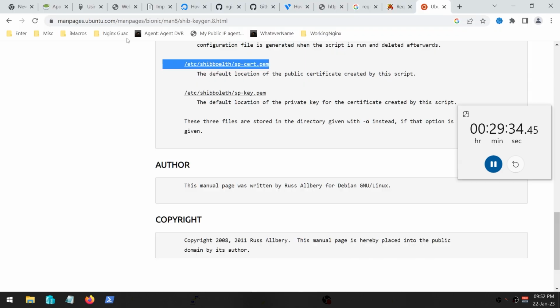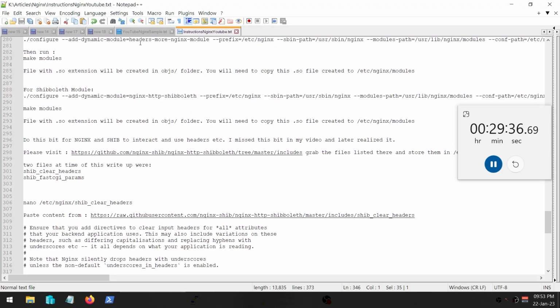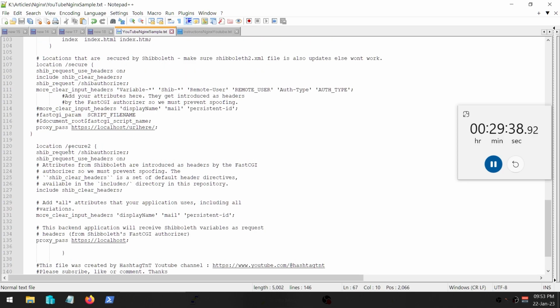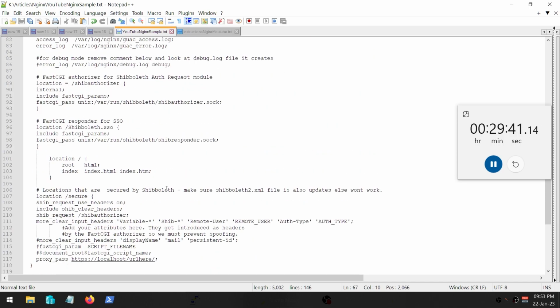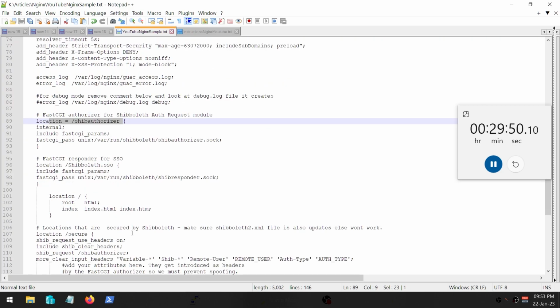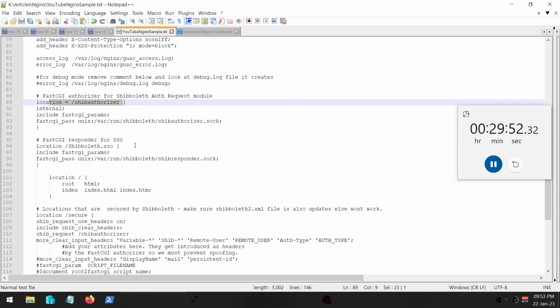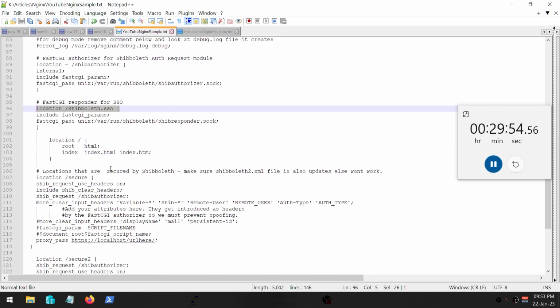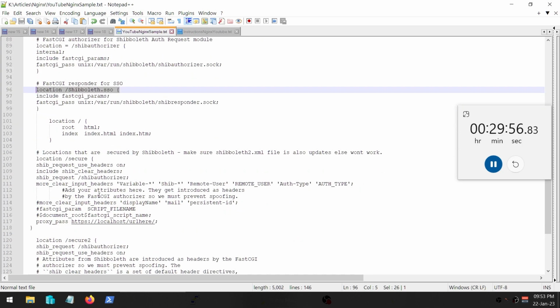modules are running. I have the example code here for you guys to use. For example, if you're securing it, this is how you'll remember the sockets that we created in the earlier steps. We are going to call those sockets here now, with FastCGI passing parameters to it. So Shib authorizer, and then Shibboleth location, the file, and then you just basically call this request. You just call, hey, let's do this. It's going to ping the socket. It's going to send the headers or grab the headers from there,